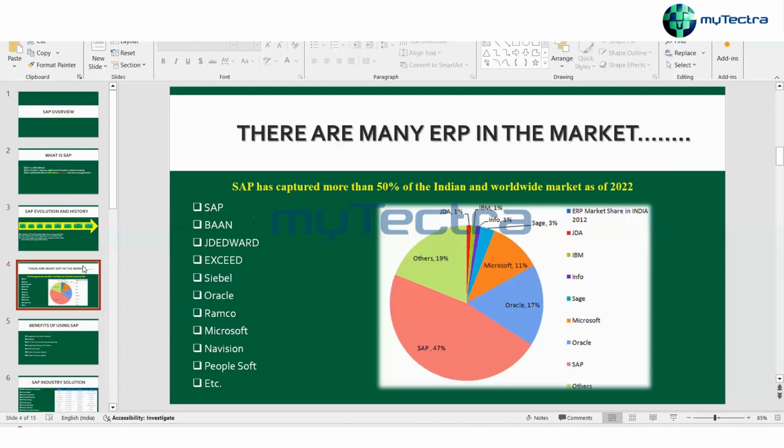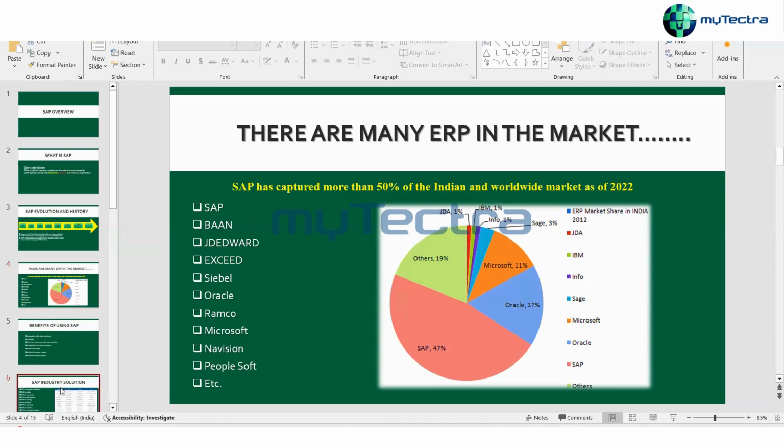Now if I talk about the market share of SAP, this is the market share as per 2022, but for the latest, 2023-24, more than 75% of the companies in the world are into SAP right now. In India also, more than 70% of the companies are using SAP, and all the topmost companies, say McKinsey, Apple, Walmart, Google, Flipkart, Amazon, they are using SAP as their first product.